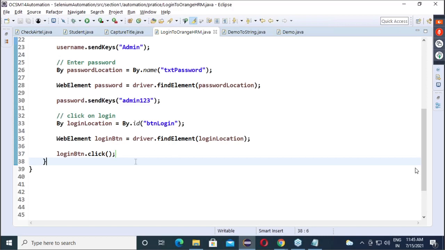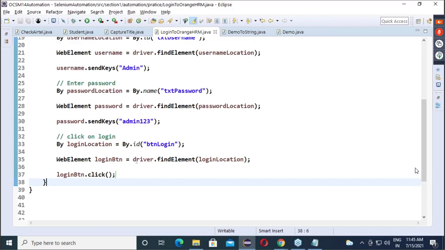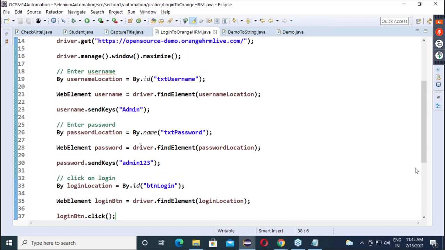And trust me guys, the real job of an automation person is to get the locator, nothing else. Apart from that, what you will get? driver.findElement, manage.window.maximize. Within one week you will get all that. Our real concern is the location of the element. Are you getting my point?